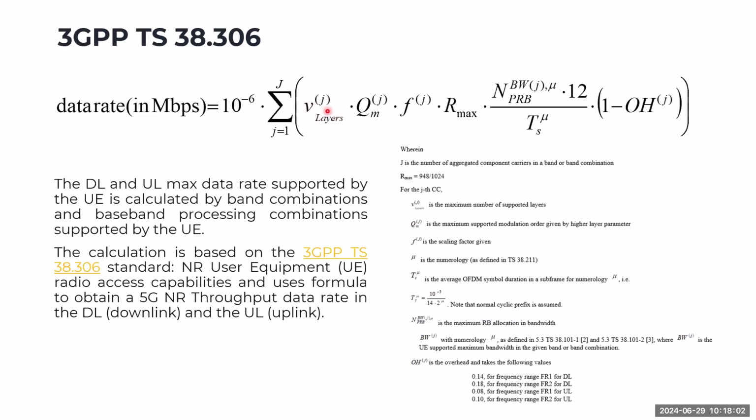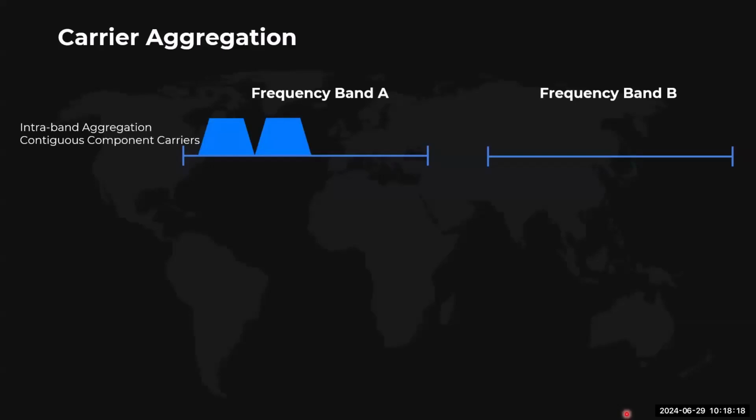So meaning in one connection, you can have multiple 5G carriers that are serving your UE. Okay, so what is carrier aggregation? So carrier aggregation is something like this. We have different types of carrier aggregation. We have what we call the intraband aggregation or the contiguous component carriers. So if you have carrier 1 and carrier 2, you can sum it up. Parang gripo yan. Binuksan mo yung isa, binuksan mo yung isa, sabay mo binuksan and then you will get plenty of water. Mabilis mapupuno yung balde mo. So that is carrier aggregation. Contiguous.